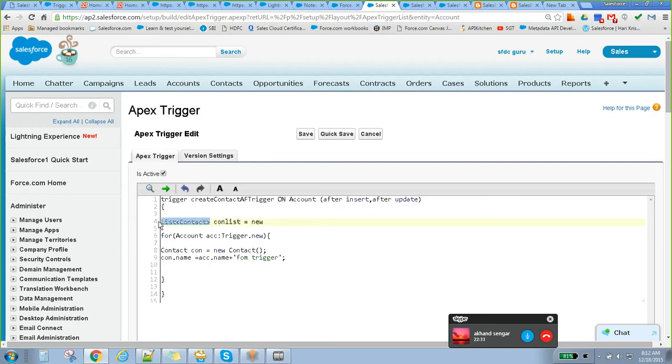It's the end of the for loop. Now let's say insert conList.